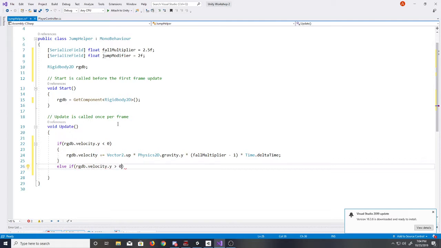So if the character is moving upwards, and the player has stopped pressing the jump button, so is not Input.GetButton